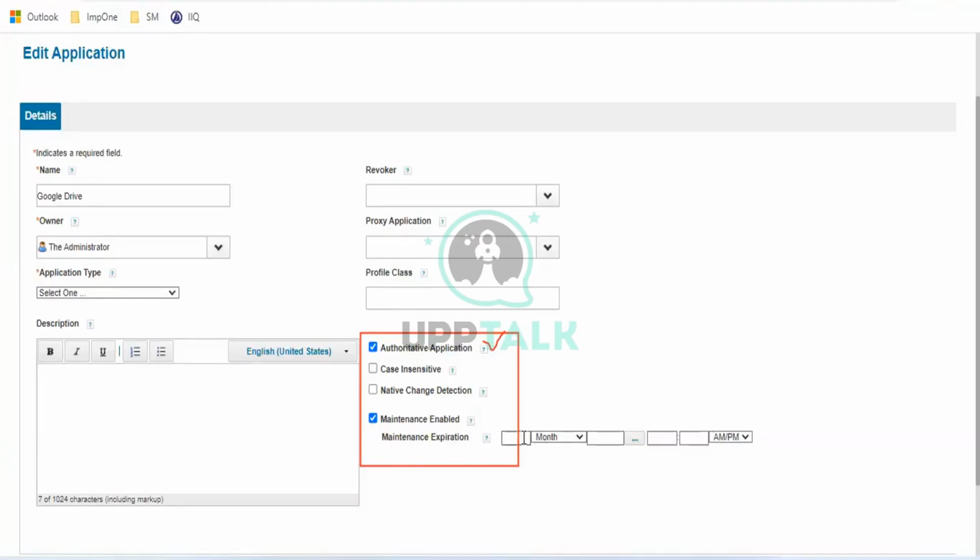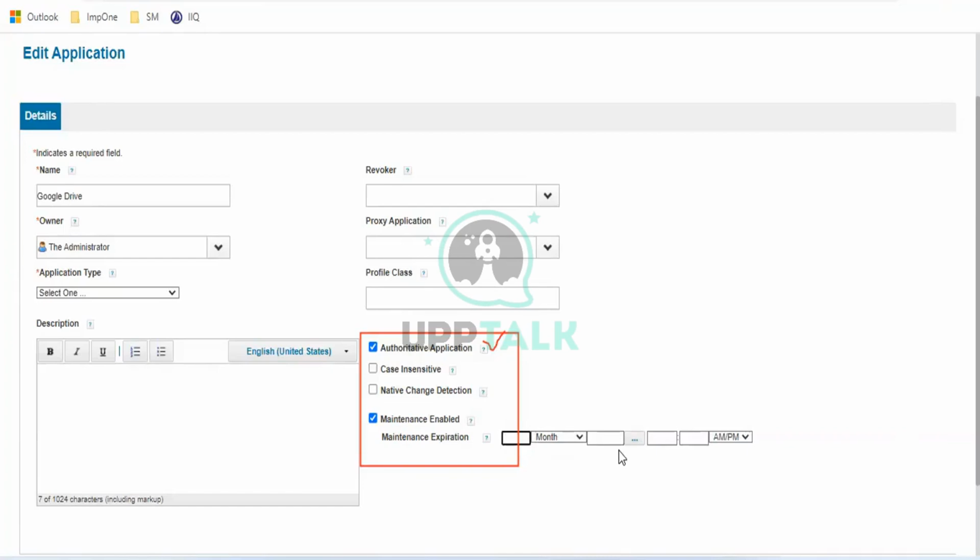In that scenario, we are going to enable this one and we can mention the date. When it is going to be decommissioned, we can mention an expiration date. After that, it is going to be enabled again. If you mention any date, it is going to be active again.